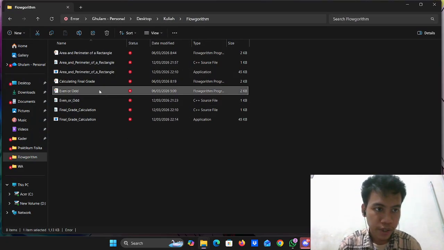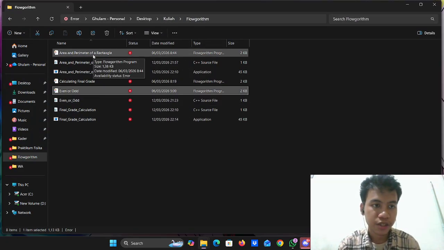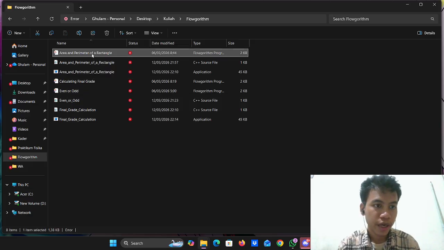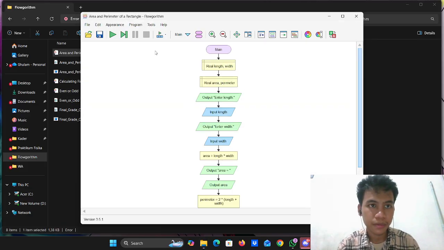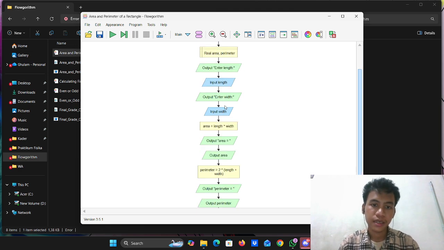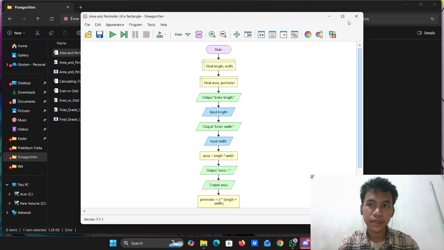So in case 2, we have the area and perimeter of a rectangle. First, like before, we create a new file, and there is a main and end.